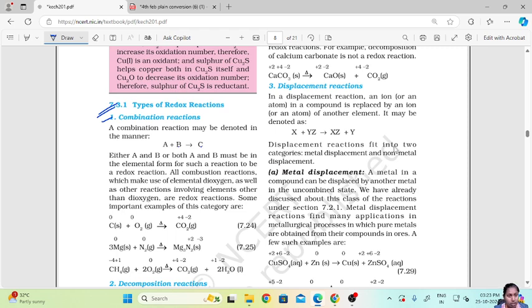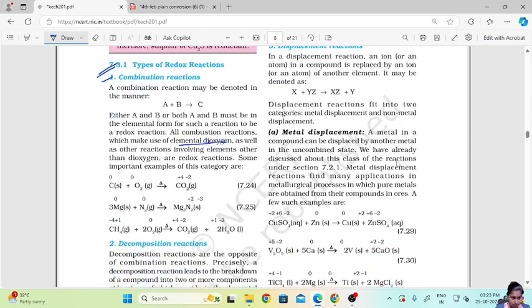Now all combustion reactions which make use of elemental dioxygen, as well as other reactions involving elements other than dioxygen, are redox reactions. So when we use elemental dioxygen or other elements other than dioxygen, these are redox reactions. Some important reactions are